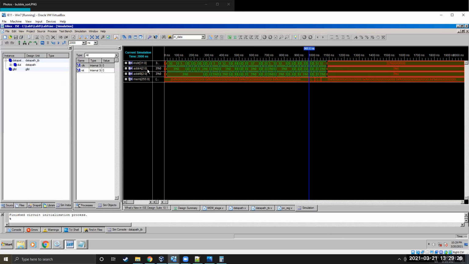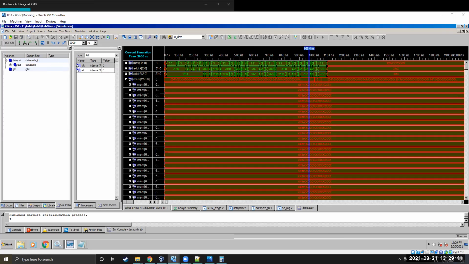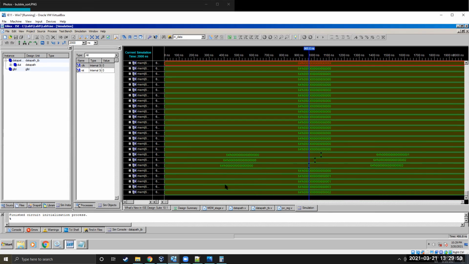Now we can see from the waveforms on the screen that we are doing the compare and swap operations, and the data from the memory is stored in the registers. On the basis of the value of the registers, we are comparing and swapping them. Then while storing the data in the memory, we can see from the waveforms that the data we are working on is in memory locations 0, 1, and 2, which is 2, 3, and 1. After the sorting algorithm, we can see that the data is sorted, as seen on the screen.